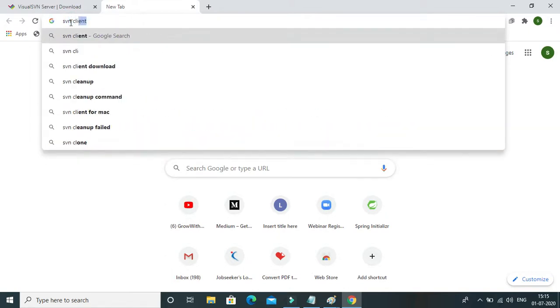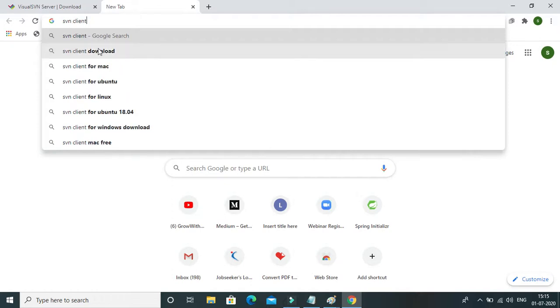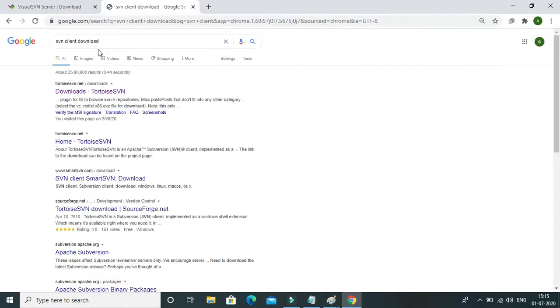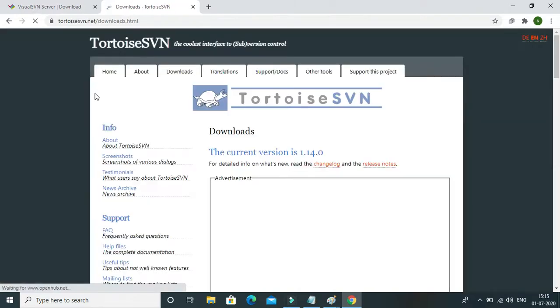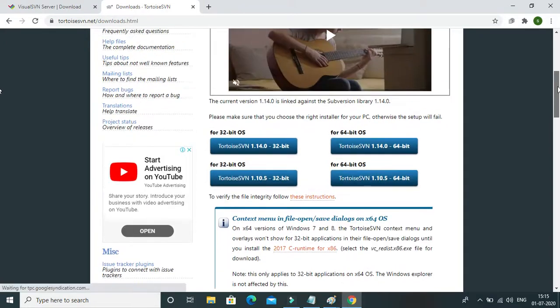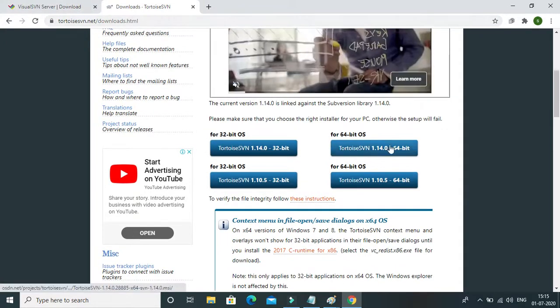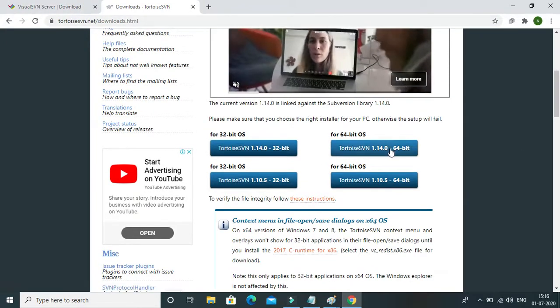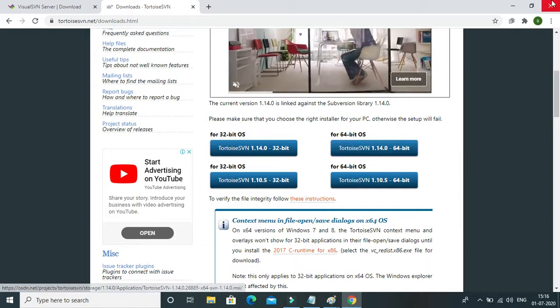First, I will tell you about Tortoise SVN software. Then I will tell you how to work with the Subclipse plugin. This one I already downloaded. You can right click and download this one. After downloading,